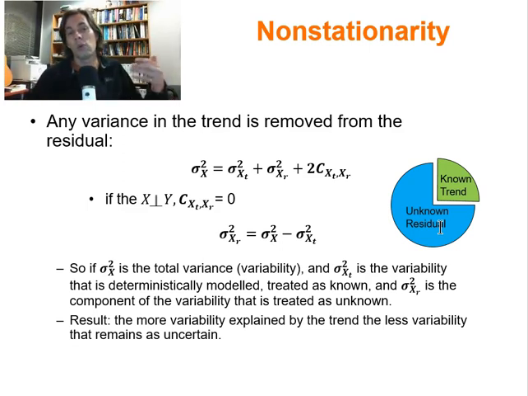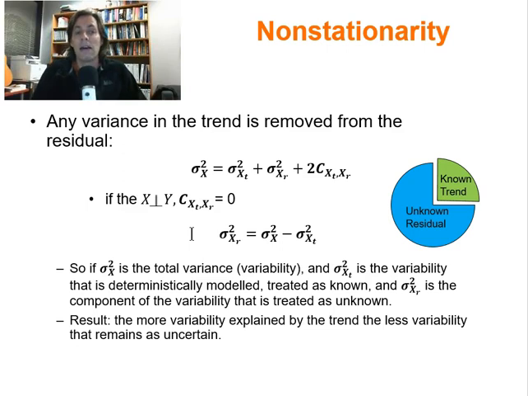And just like we just showed the workflow where we subtracted the trend from the data to get residuals, that's exactly what we're talking about here. The variance of the residual versus the variance of the trend, and the total variance before we removed any type of residual. So when we are trend modeling, we're making a conscious decision of how much variability to put in the known bucket and to then decrease the amount of uncertainty. By how much? Well, if the trend and the residual